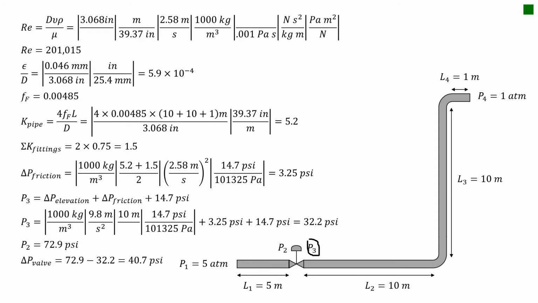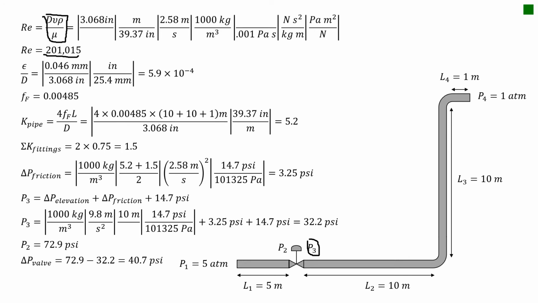First thing we're going to need to know is our Reynolds number, and we can calculate that using the diameter times the velocity times the density of the fluid divided by viscosity, converting our diameter into meters, our velocity of 2.58 meters per second, density of water 1,000 kilograms per cubic meter, and our viscosity is 0.001 Pascal seconds. We determined that our Reynolds number is slightly higher than 200,000, definitely in the turbulent region for